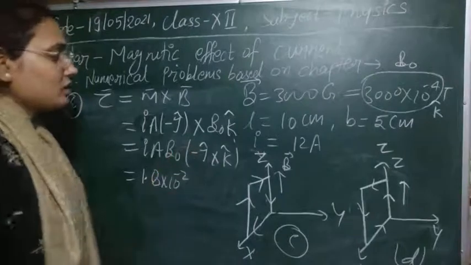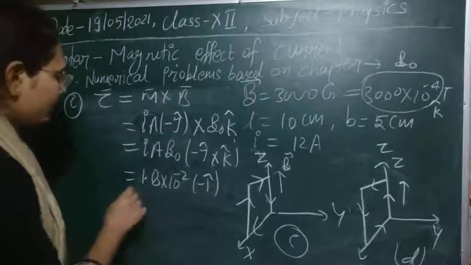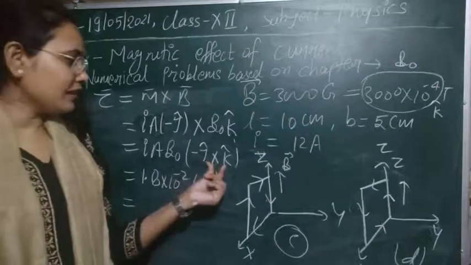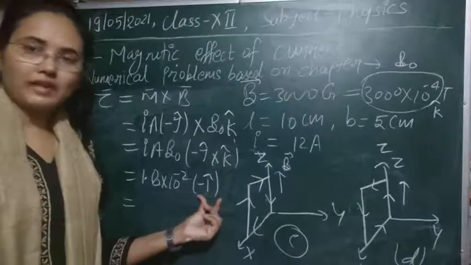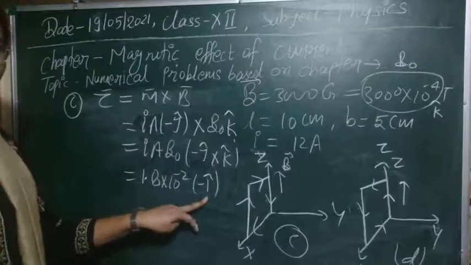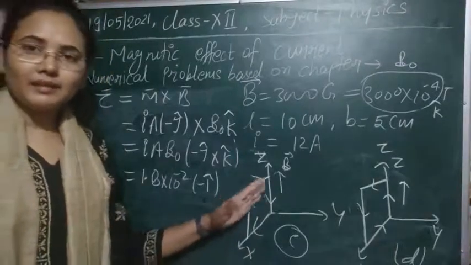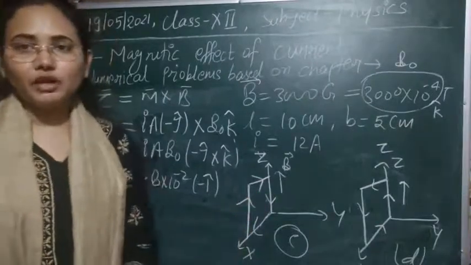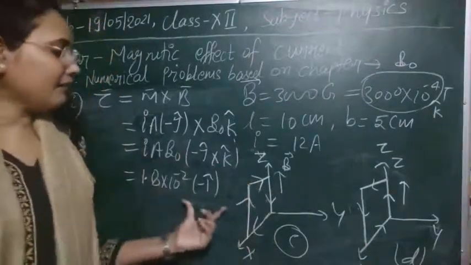So simple, or K cross J, minus I, if you can see here. So in that way, if we are seeing minus I, you know that minus J cross K can be written as K cross J exactly, and K cross J is equal to minus of I here. So in this way you can see this torque is acting along the negative x-axis. Whenever the loop is in this way and current is flowing in clockwise direction in this loop, then it will experience a force acting along the negative x-axis.